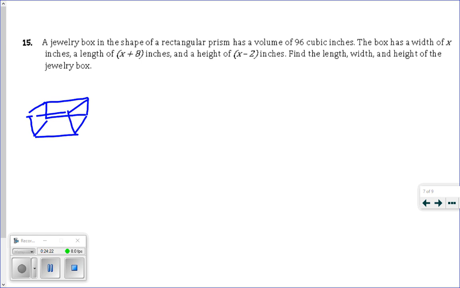But that's okay. So it tells you that it has a width of x, a length of x plus 8, and a height of x minus 2. Find the length, width, and height of the jewelry box. Because they give us a volume in 3 dimensions for a rectangular prism, we know that volume is just the product of all 3 of those dimensions. So if I multiply all 3 of those together, that's how we get the